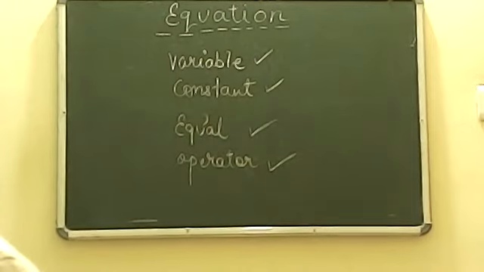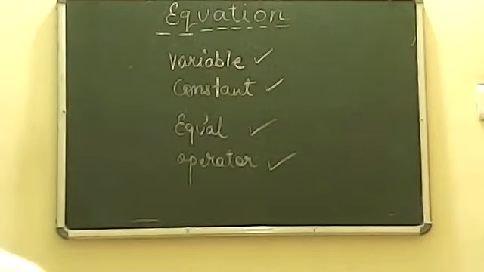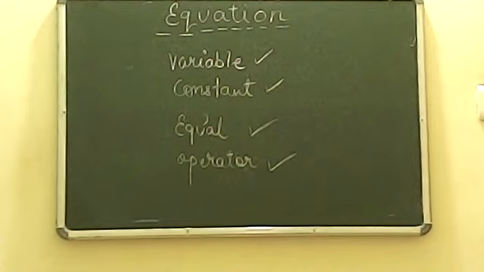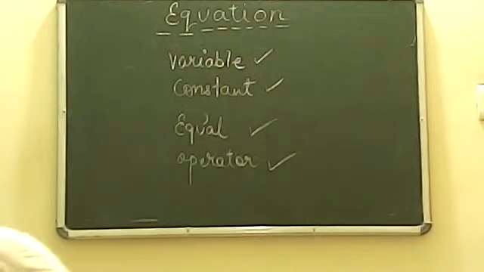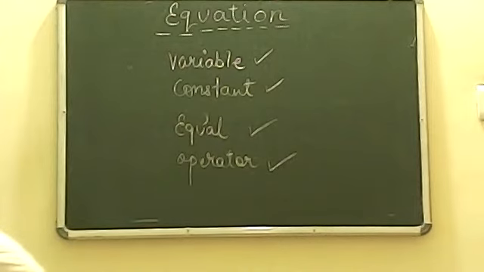Now move on to question number B. t minus 7 is greater than 5. Now tell me, is it an equation or not? No. May I know the reason why no? There is a variable, there is a constant, there is an operator, then why is it no? I just want to know the reason. No equal sign. Wonderful. It means there is no equality here, beta. And if there is no equality, it means there is no equation here. Okay.